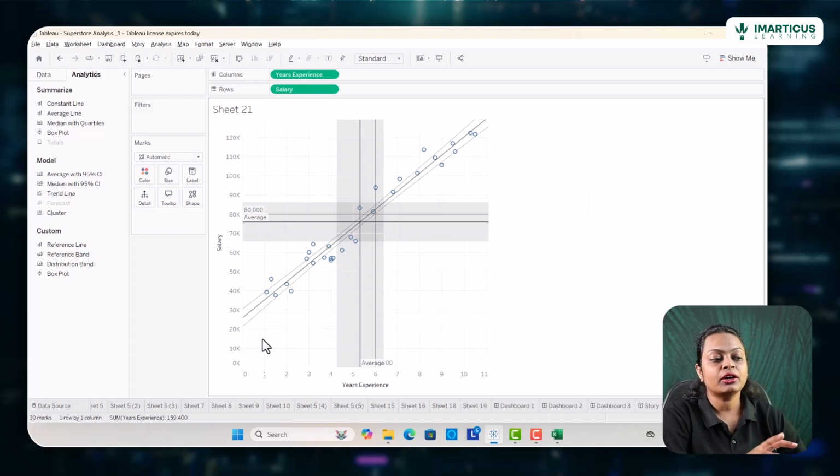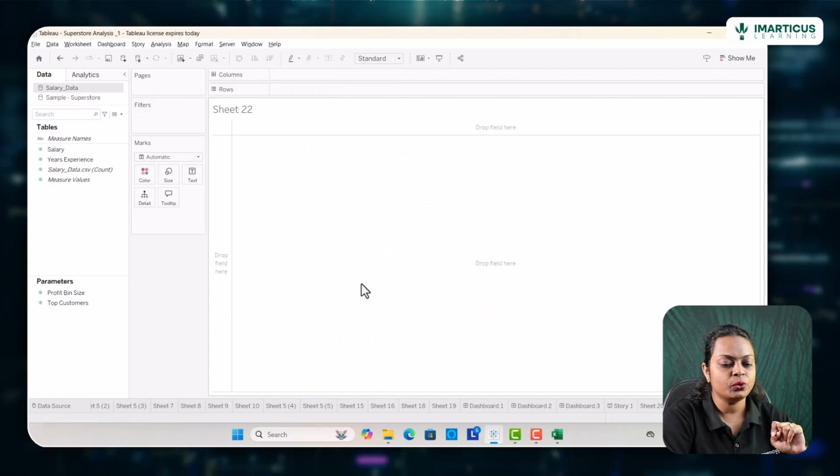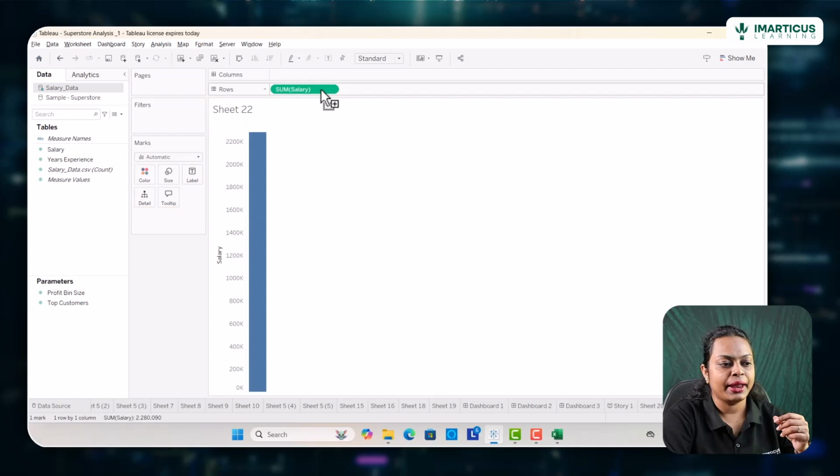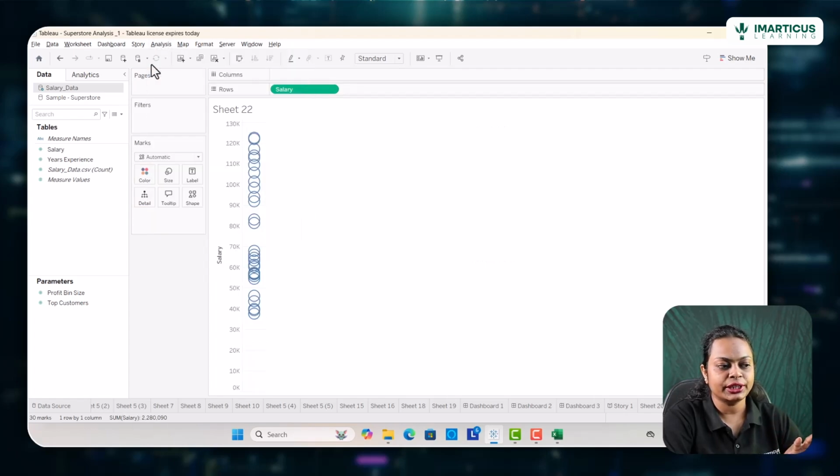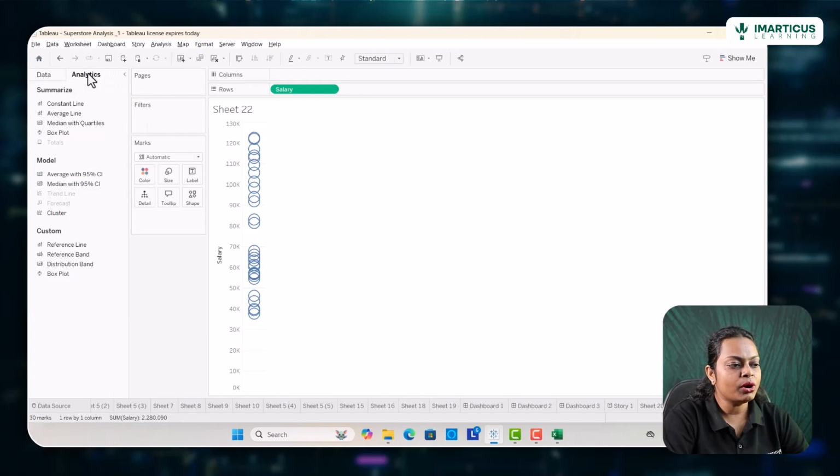And because we are also working upon a continuous numerical variable, I would like to show you how you can build box plots onto the data. So let's say, for example, I am trying to drag the salary, and I'm trying to uncheck the aggregate measures here so that I get to see a simple scatter kind of a plot just for the single variable though. I can go on to the analytics pane, and I can drag and drop the box plot now, because